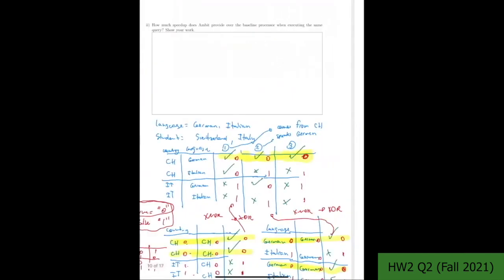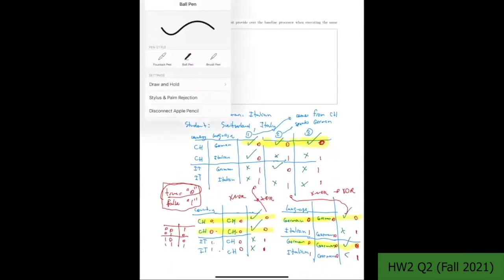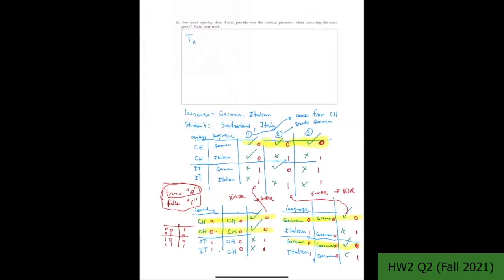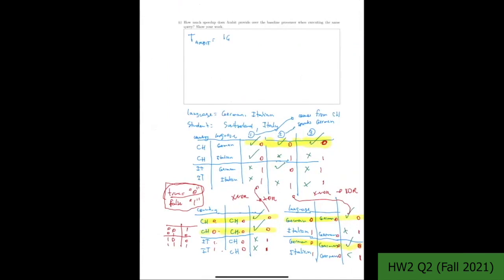And then finally, the question asks you how much speed up does ambit provide over the baseline when executing the query. So pretty much what we need to do is figure out the time to execute ambit operations. So you're going to execute this loop here 16 times, right? And in this loop, you have 2 times XOR operation and OR operation. And the ANDs have 2 times